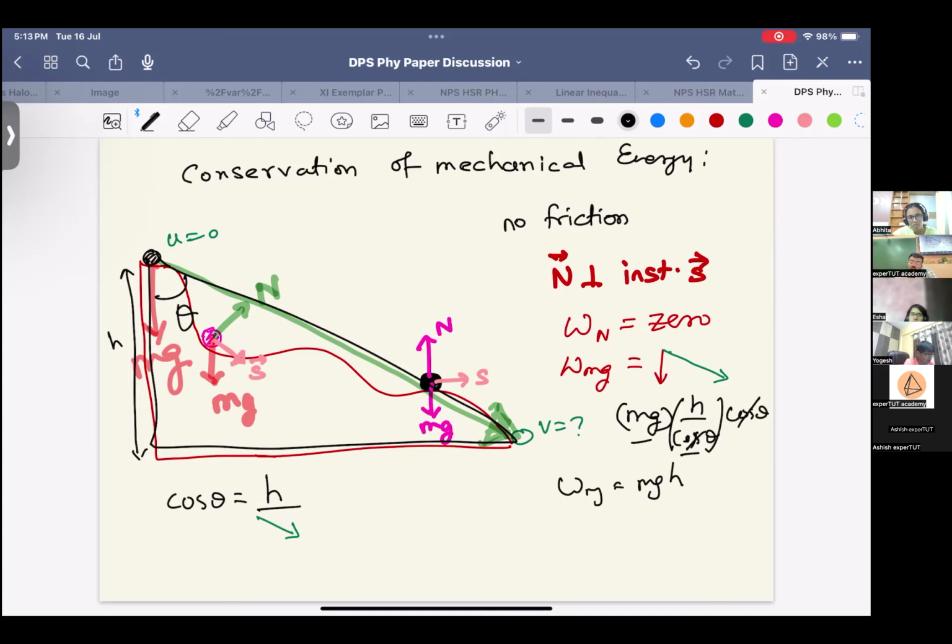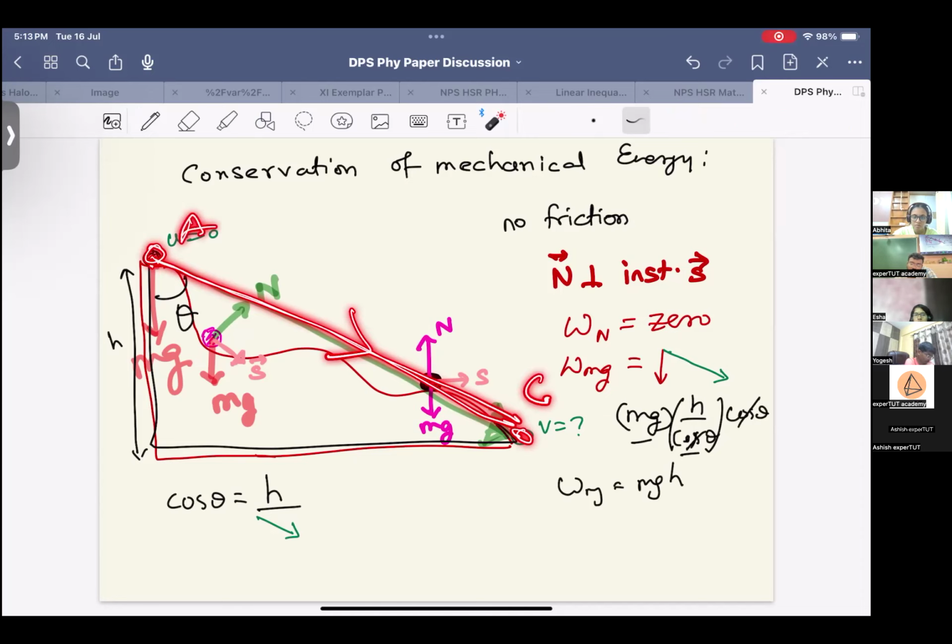The second method is, I told you gravity is a conservative field, so it only depends on the initial and final position, right? And that's why we have said that the work done from here to here will be the same as the work done from a to b and then b to c, right? What is the work done in a to b? If you go directly from a to b, it is mgh, because from a to b the displacement is downwards and the mg is also downwards, so it is mgh. And from b to c it is